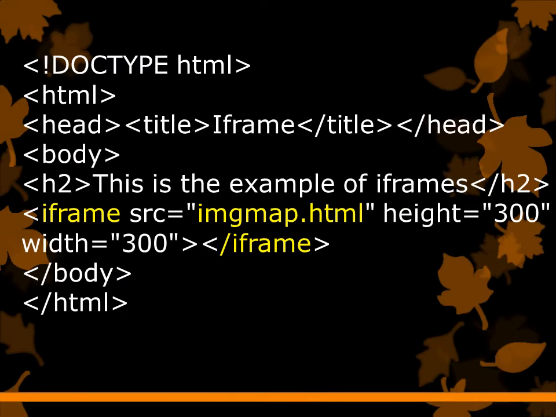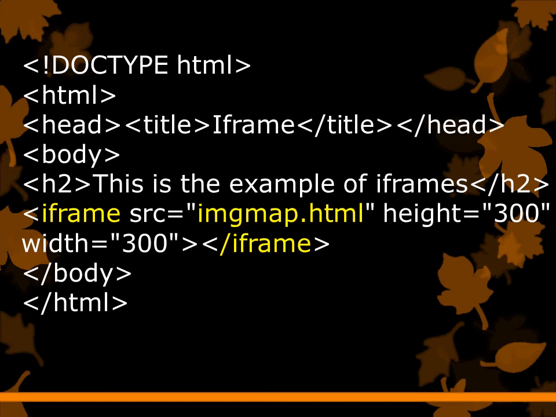Let me show you this with the help of this example. First write down all the basic tags, then the syntax for the inline frame. It starts with iframe, then src. Src means the source of that file. Then write down height and width. Why do we use height and width here? Because we are inserting a frame, or window. That is the height of your inline window, that frame window, and it opens